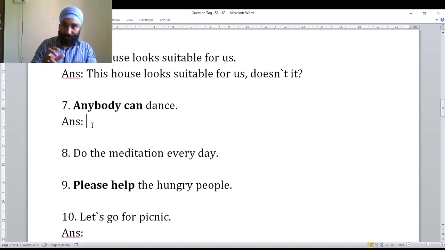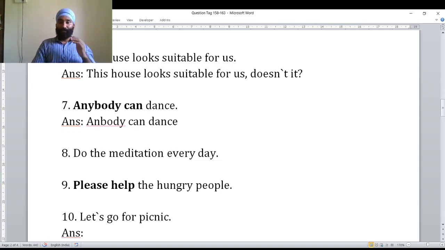So even if the given word like anybody, nobody, someone is singular, we have to consider it plural, because one person or many persons is not definite. In anybody, one can be there or many can be there. This is why we write the given sentence as it is: Anybody can dance. And one more important thing is there in this sentence: can is used.